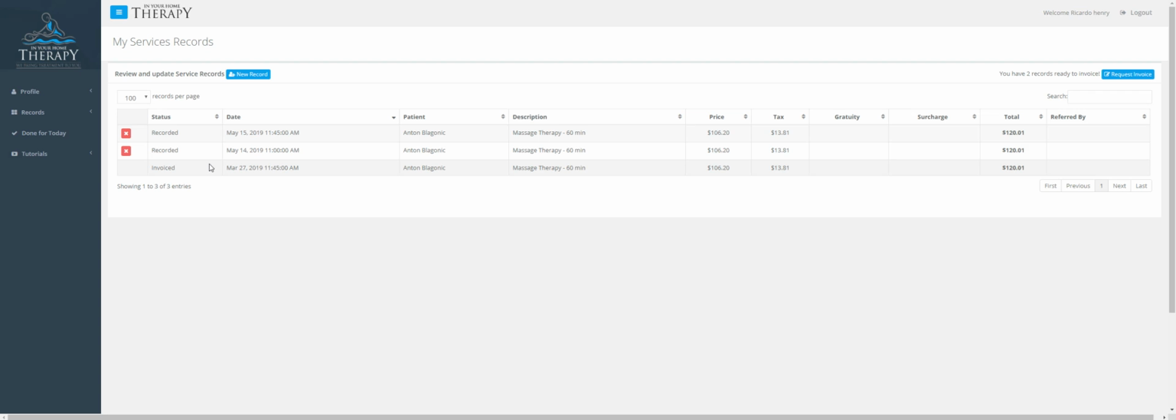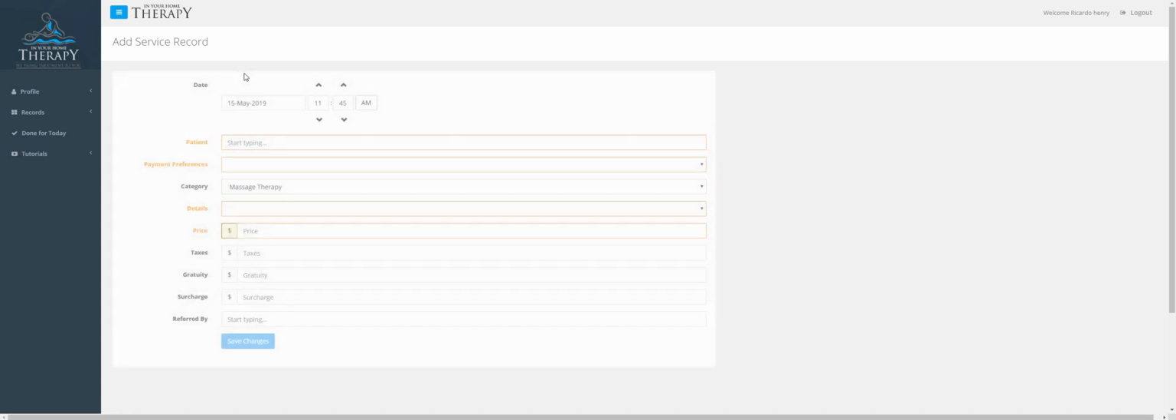Now, presumably the treatment went well and they rescheduled, so you've just clicked pending and changed it to recorded. Now you want to enter your future appointment. You just click on the New Record button. That'll bring you back to the Add Service Record page, and we'll use myself as an example. Here I am, and we'll say that it went so well we rescheduled for the following week at the exact